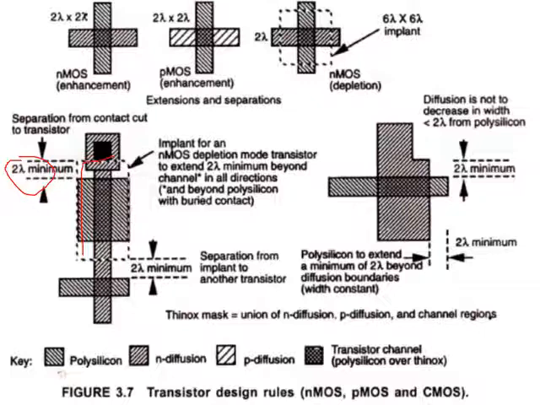So after this implant, we need to extend the polysilicon. This is diffusion, so we need to extend the diffusion at least 2 lambda. We cannot immediately stop at this point, it has to be extended for 2 lambda. Similarly here also, if we are drawing a cut here, then this cut should not come before 2 lambda. See, this is again a transistor, so after 2 lambda we can reduce the width or thickness of this layer.